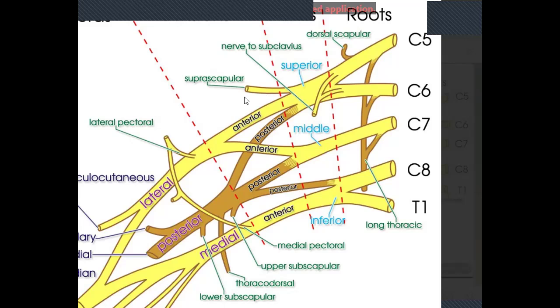And then when it comes to divisions, the suprascapular nerve arises from the divisions. And the anterior divisions of the upper and middle trunks unite to form the lateral cord. So these are the divisions, anterior and posterior. Now coming to the cords. So from the lateral cord, as you could see,